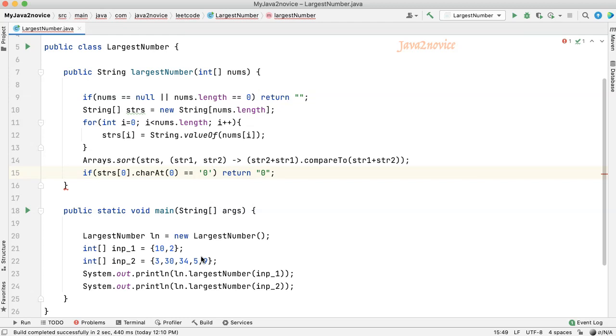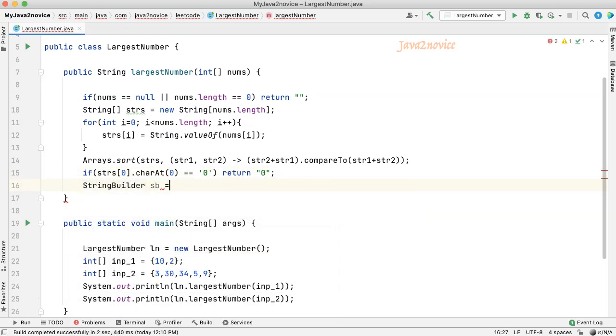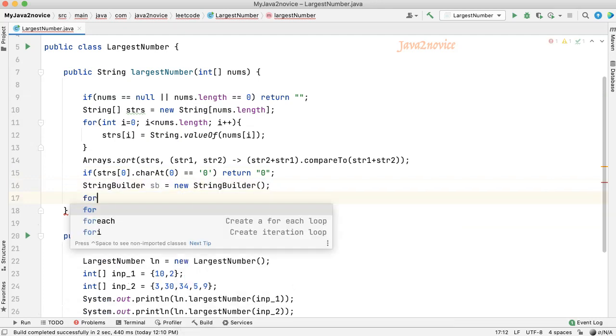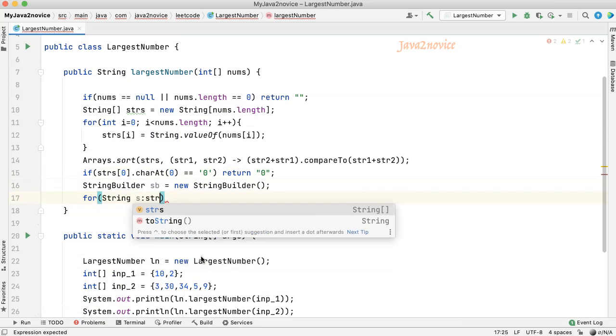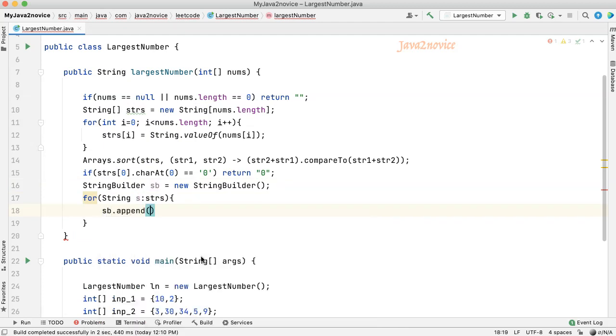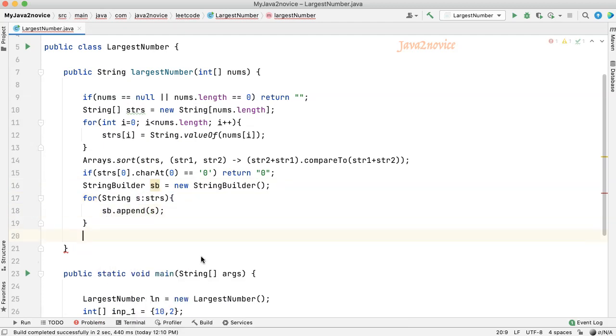Now we will use a string builder to append all strings. Return the result now. We are done with coding.